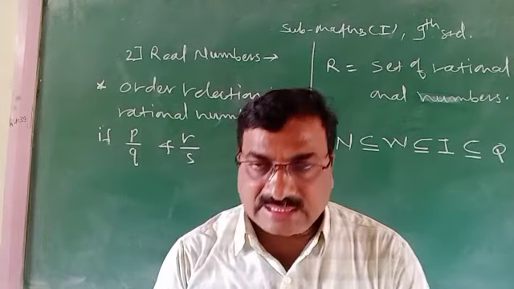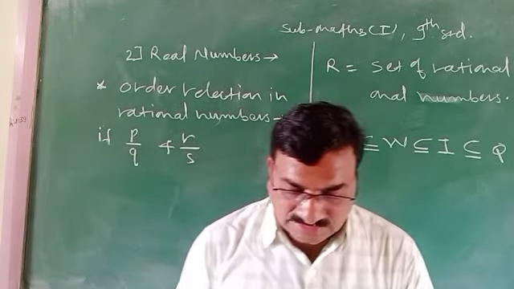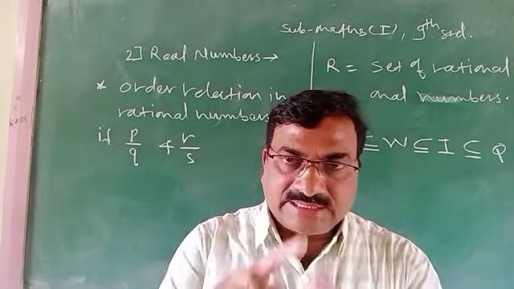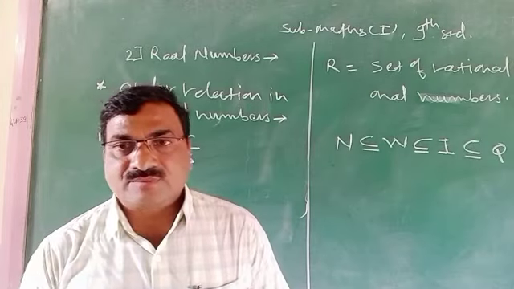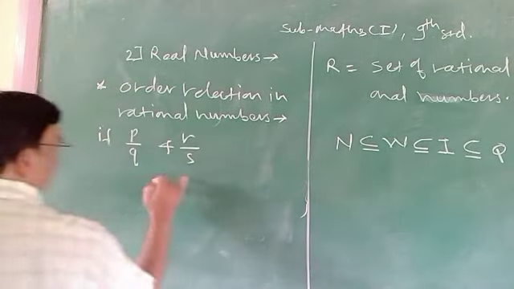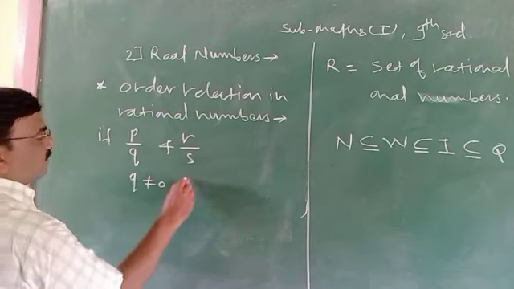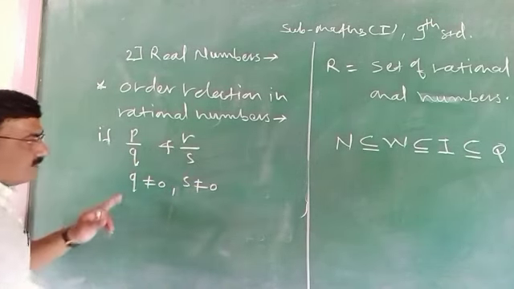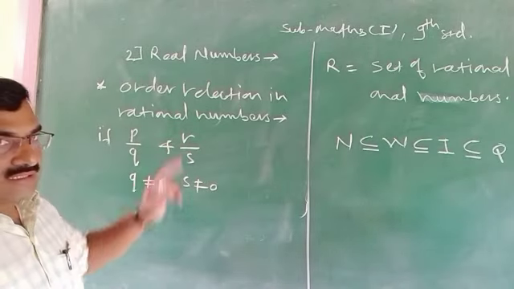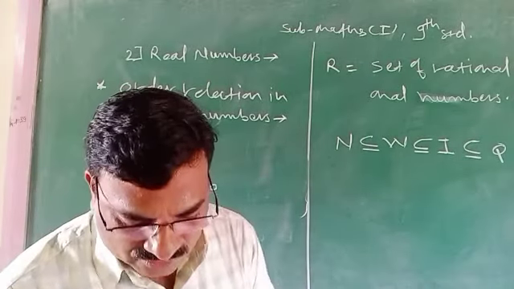Then there are three modes. Which are those three modes? Suppose we take the cross multiplication. Again here there are two conditions: q not equal to 0, s not equal to 0. If we take the cross multiplication, then there are three modes. First,